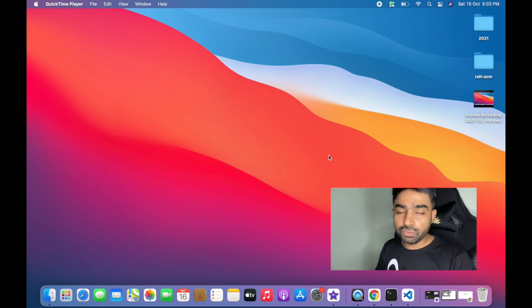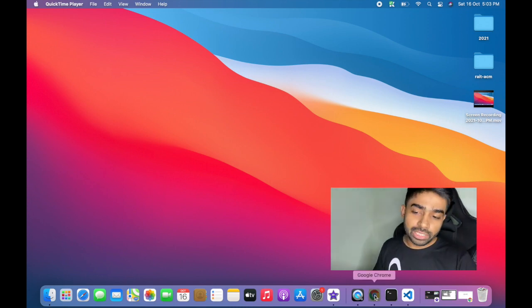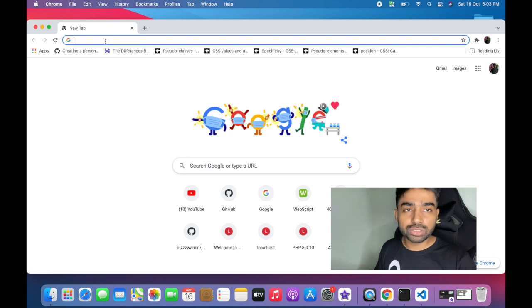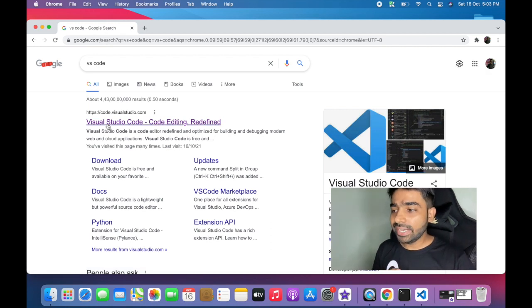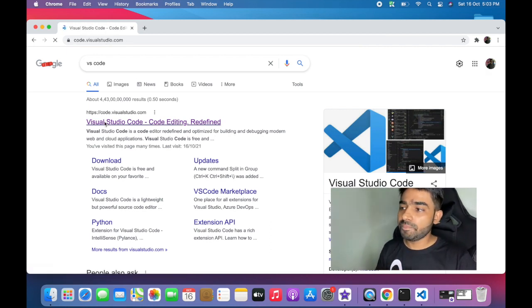For that, we are going to use VS Code. Here I would like to suggest you install VS Code. You can simply go to Google Chrome, and if you don't have VS Code or any other text editor, I still suggest you install VS Code because it is going to help you code faster, right? Simply type VS Code and it is going to give you a link. And here is the VS Code link. Just click on this link,